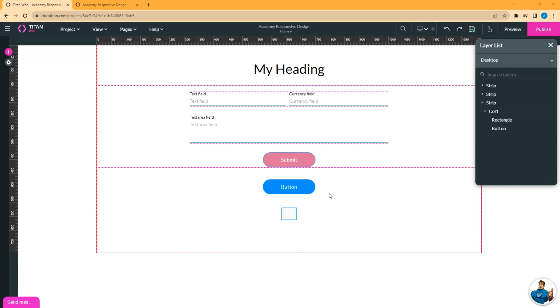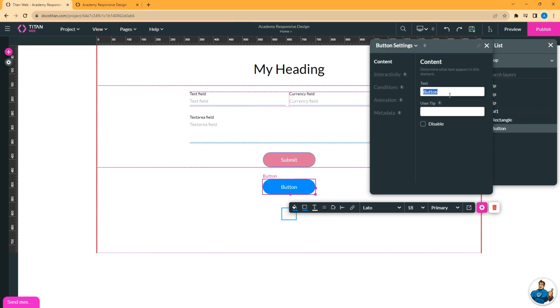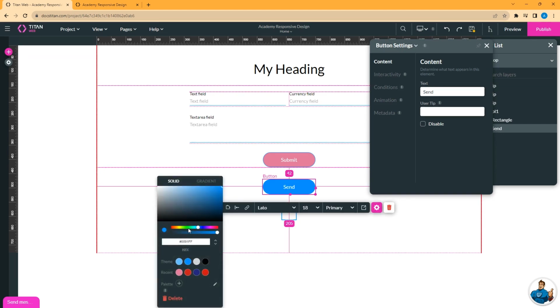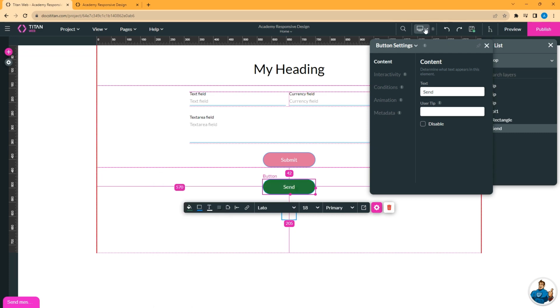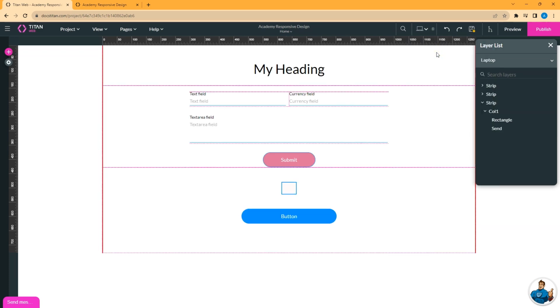Now let's say that on the desktop version, we change the text on the button. For example, send. And we change its color to green. And now let's look at the laptop version again. And you will notice how the button label has not changed, nor has its color. This is by design. If you would like, for example, to inherit the new text on the button without changing the laptop's layout,